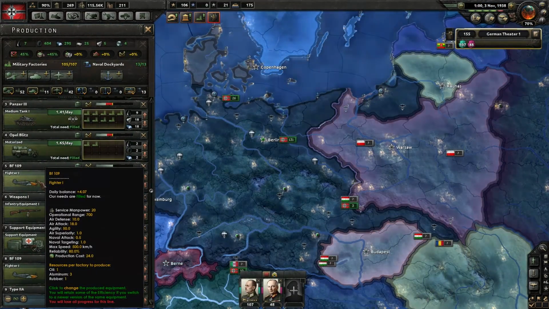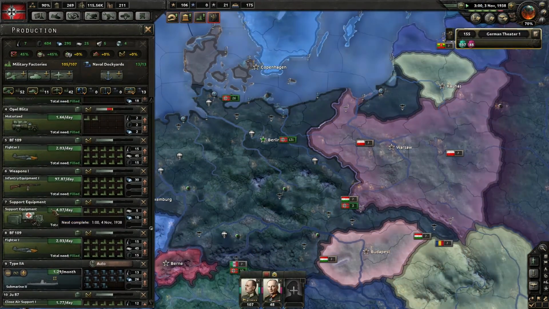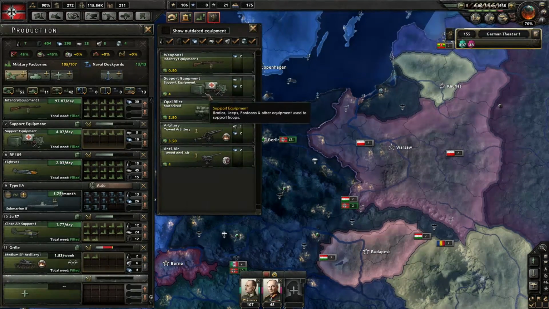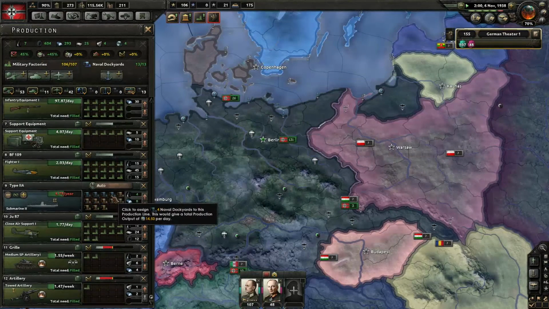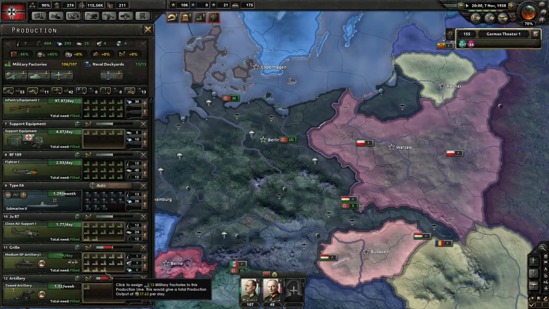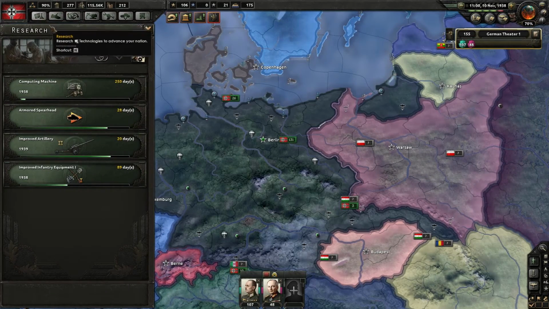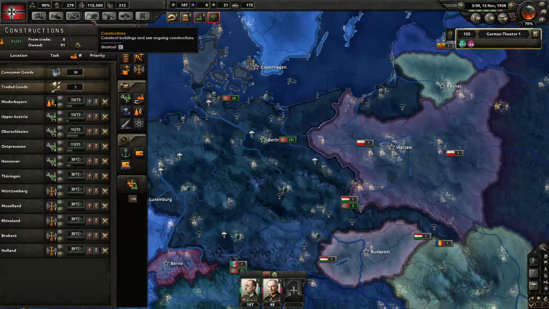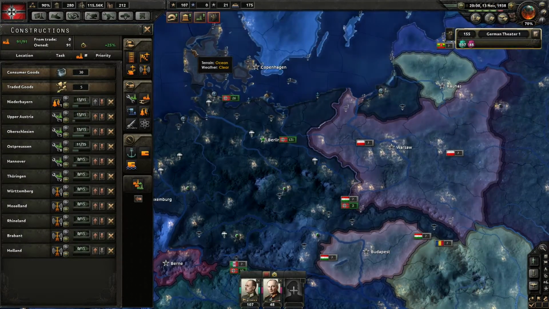So we're getting 1.41 medium tanks a day, 1.49 medium artillery a week, and we're going to need to have our artillery very soon. So let's put towed artillery 1. That's going to slowly build up efficiency. And in 20 days, we are going to gain some delightful...